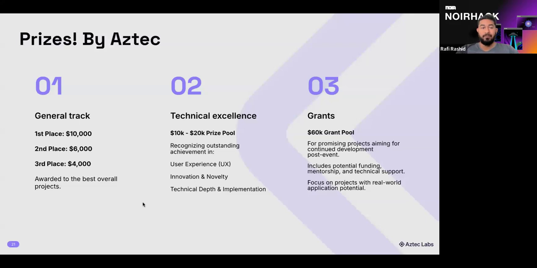And then finally, we have a big pool for future development grants. We're looking not just at this event, but beyond this event. We want to support teams who are excited about and building with Noir, and so we have like 60K earmarked for those projects. This is not just cash, it'll be supporting your teams to help build longer term. This could be funding beyond this, connecting you with VCs, obviously through the demo day, but even beyond that, mentorship and technical help, especially if you're building something